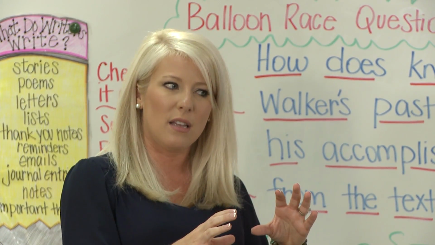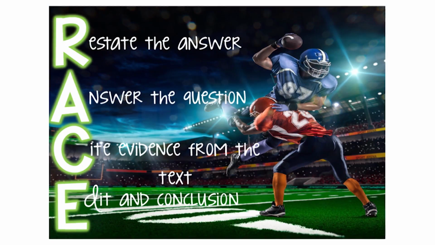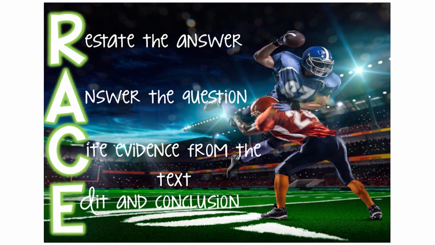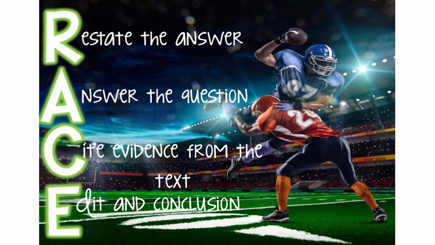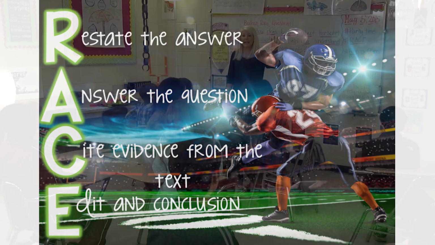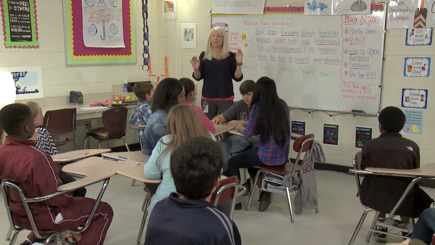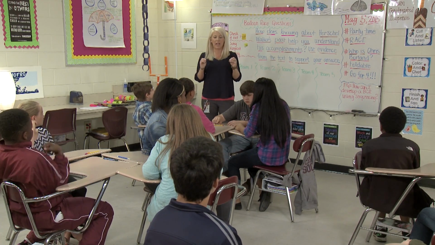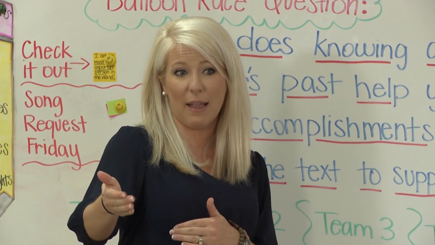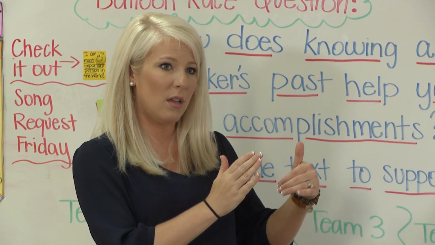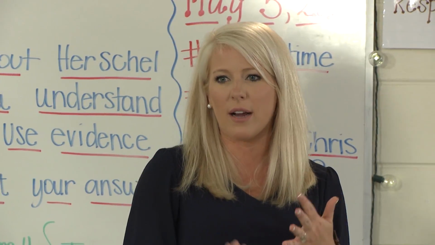Your third sentence is going to do what? You're going to cite text evidence. We're on C, R, A, C. And finally is our last section for the RACE method. So we've been through R, we went through A, we went through C, and now we are on E. And E stands for? Edit and conclude. It is so important to edit your answer. Jacob, when you edit, what are you going to do? We're going to conclude after that, but we edit, we're going to go back and make sure what? That we've done everything right. We're going to make sure our conventions are right, our spelling, all of our punctuation marks, our capital letters.